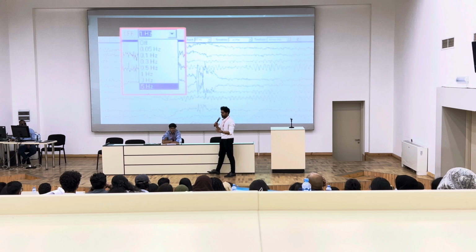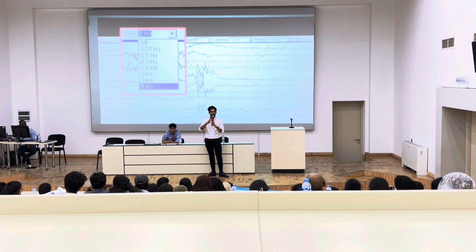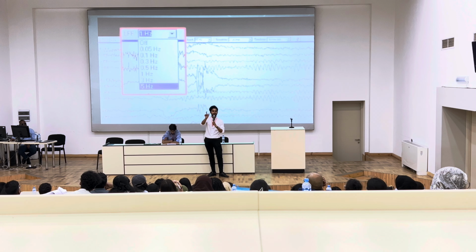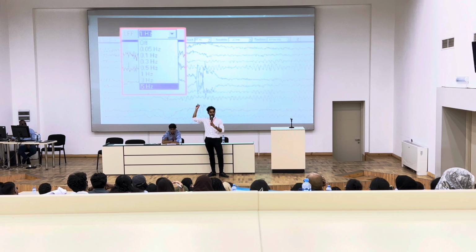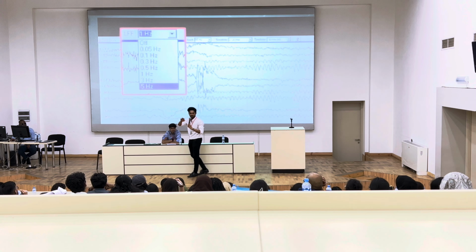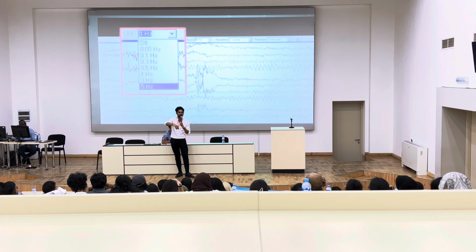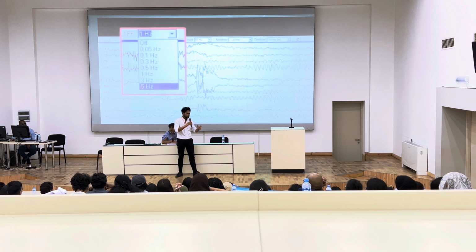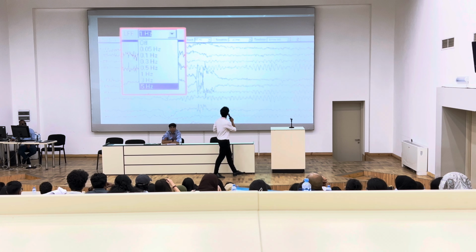But suppose the patient has some movement and now you see spikes, but you want to know if this is actually seizure activity or it is normal. You change the filter to maybe 30. You remove everything above 40 and then you can get a clear image of just the neuronal firing. So this is what a technician does. He plays around with the filters, the frequency filters, the time frame, the sensitivity to get an accurate reading.